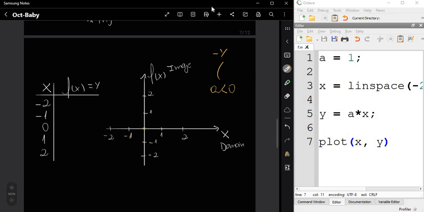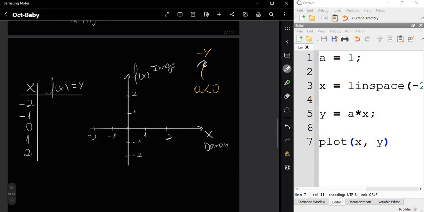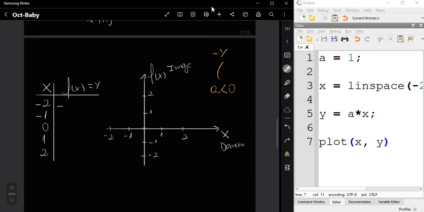So for example, right here, -2 times -1, because of this negative value, we get 2 positive right here. 1, 0, and 1, -1. So we get -1 and -2.